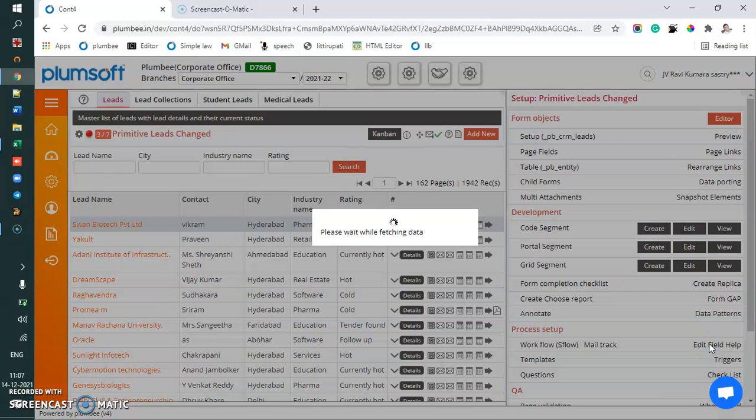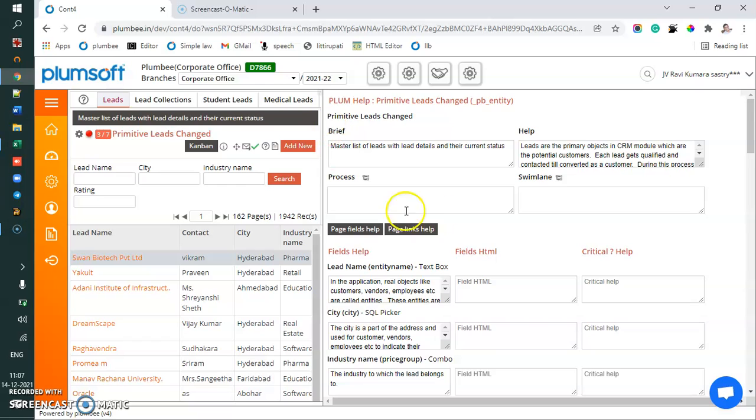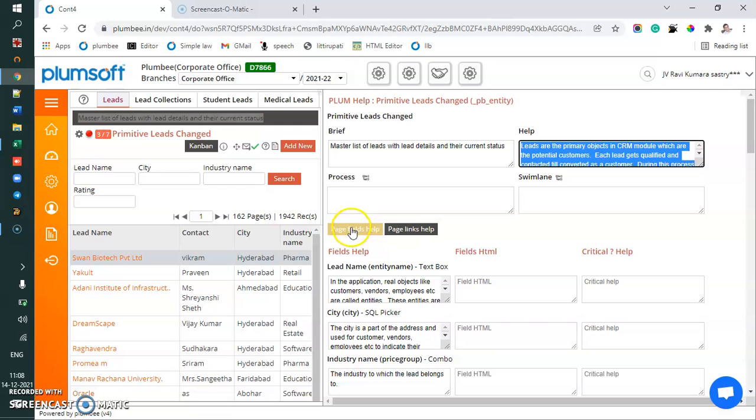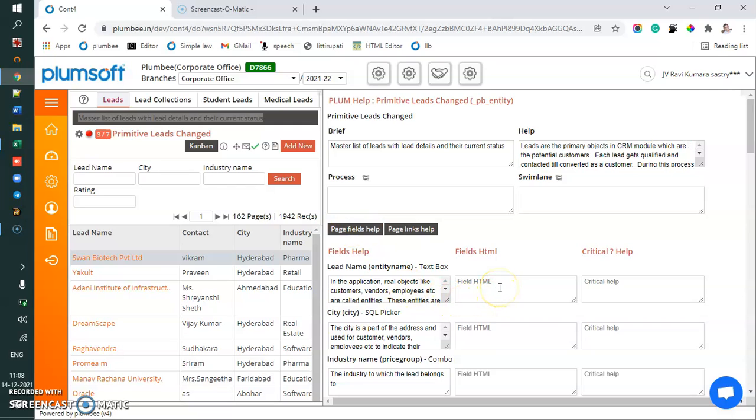So the moment you click this, you will get the form head, that means this form help, and this is the brief, which you will notice in this brief appearing, and this is the full help, and page fields. Each field has some. Now this is a field HTML. This is HTML help. I'm just to show you. This is critical help. So I wrote these two things for this field called lead name, and I am now